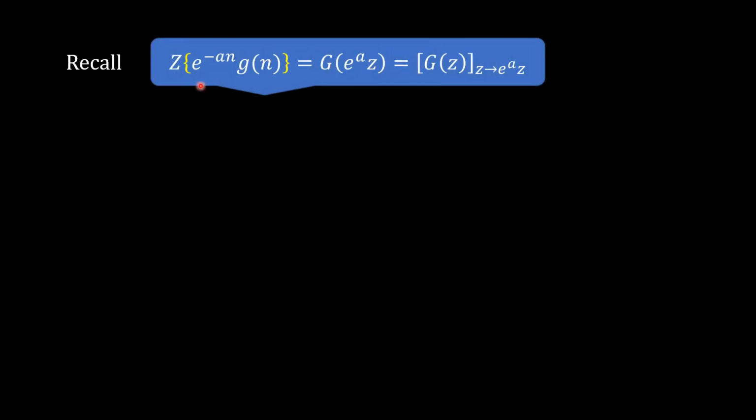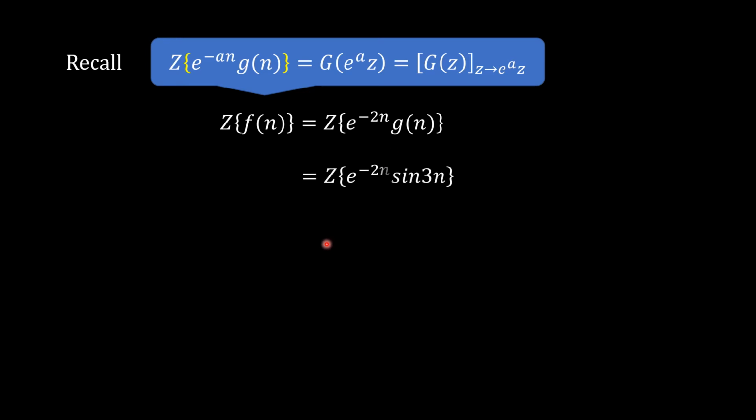Now, to evaluate the Z transform of the given sequence, we recall that the Z transform of e raised to minus an g of n is equal to g of e raised to a into z. How to evaluate this? This g of z is the Z transform of g of n, and in that replace z by e raised to a into z. That will give us the Z transform of e raised to minus an into g of n. Hence, the Z transform of the given sequence f of n, that is of e raised to minus 2n into g of n, is given by